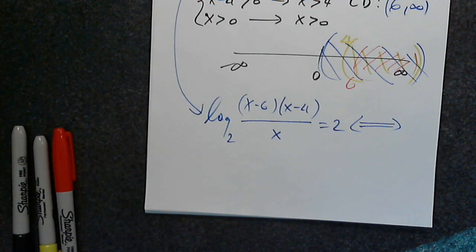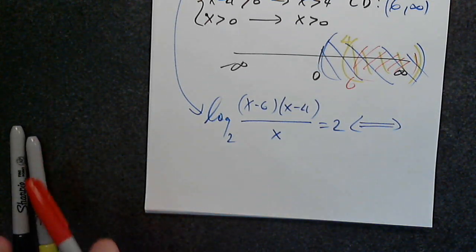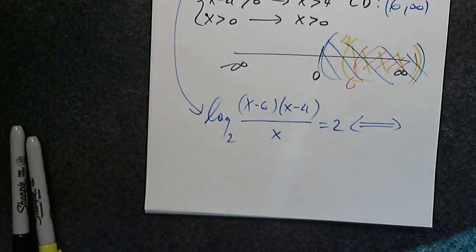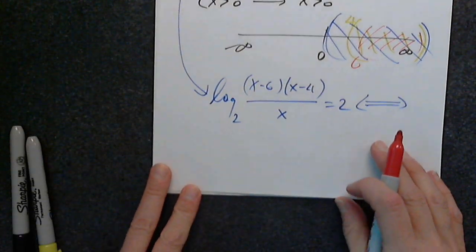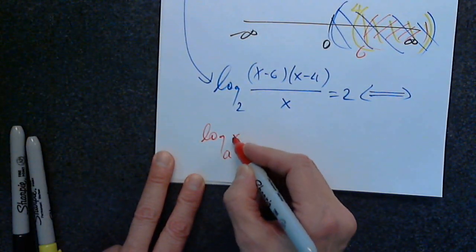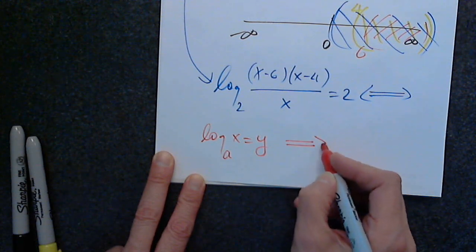Yes, but I can do that. But how do I change this from a log into an exponential? Of course, I will have to multiply these two using FOIL. But how do I change this log equation into an exponential equation? Okay, let's write the rule one more time. This is the most important concept in chapter 4. Okay, so log base a of x is y is equivalent to